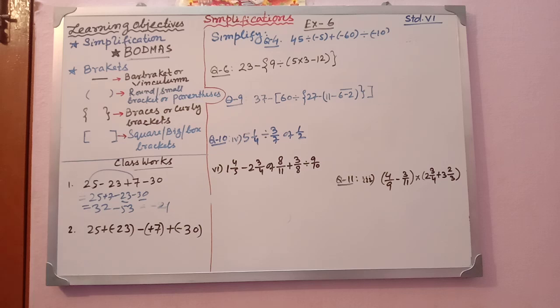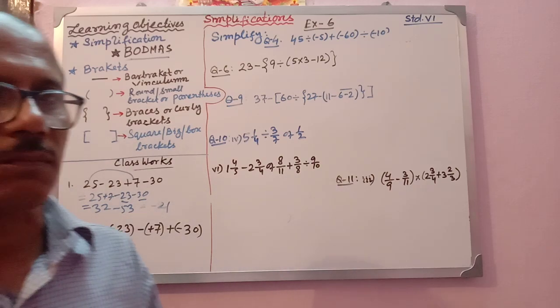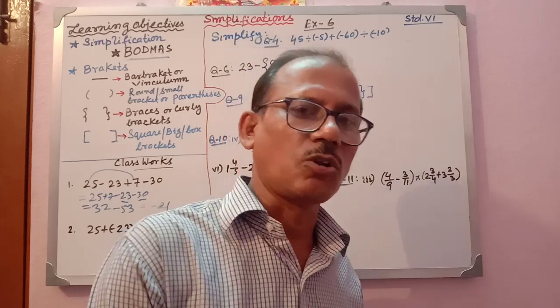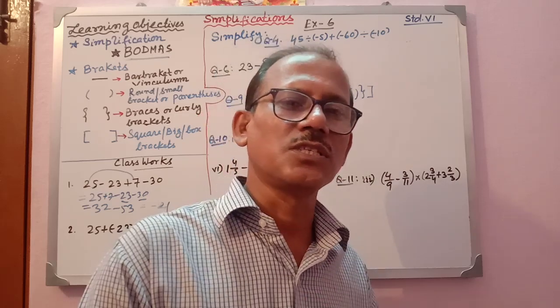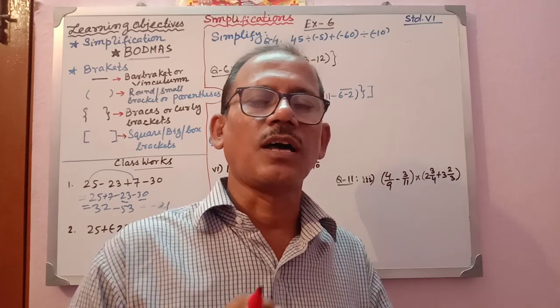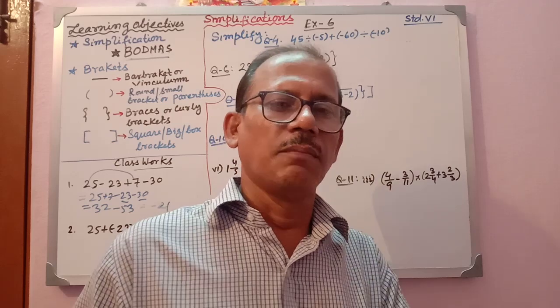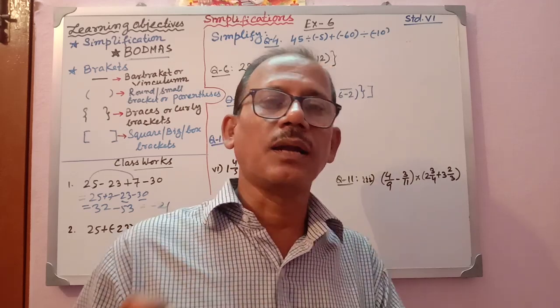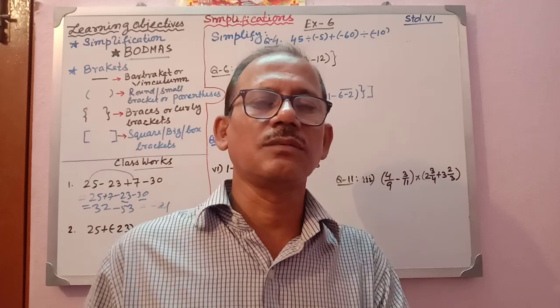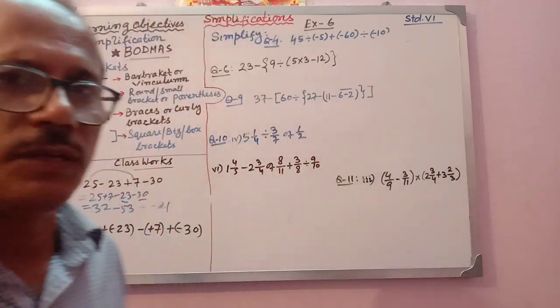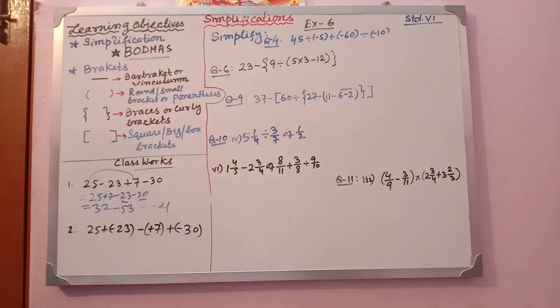Now, moving on to the next question. Here sign multiplication is there. See, here a bracket means sign multiplication. So the plus sign is multiplied with the minus sign. You know plus multiplied by plus is plus, minus multiplied by minus is also plus. But plus multiplied by minus is minus, and minus multiplied by plus is also minus. Similar case for division also. Plus divided by plus will be plus, minus divided by minus will be plus, but plus divided by minus or minus divided by plus will become minus. So different signs will give minus, but similar signs will give plus.